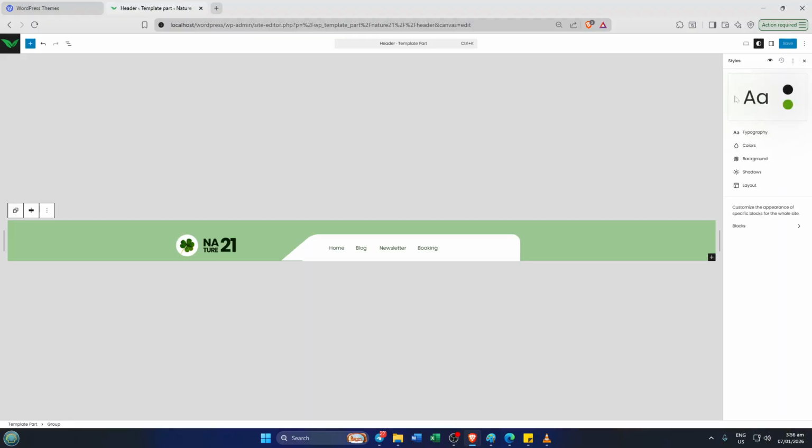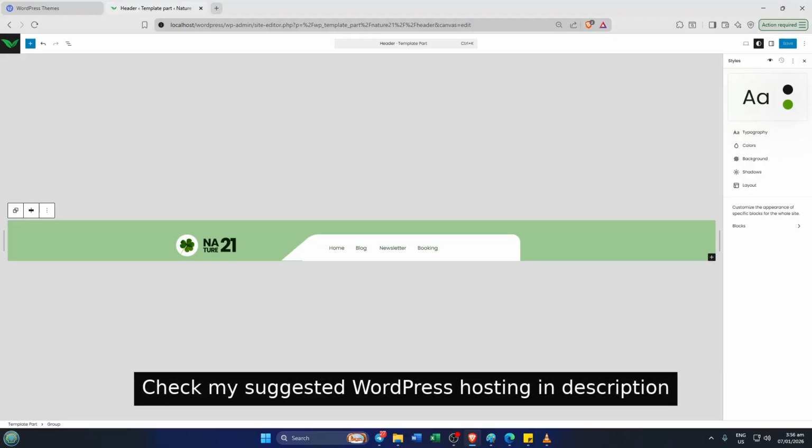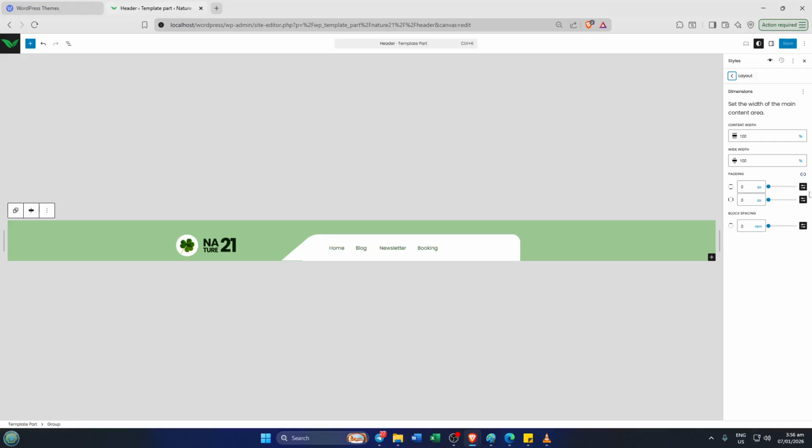Finally, test everything out. Visit your live site and scroll up and down to make sure your new sticky header is working the way you want. If it's not, just hop back in and tweak the settings. And that's all there is to it. You've just added a sticky header to your WordPress site using block themes, and you didn't have to write a